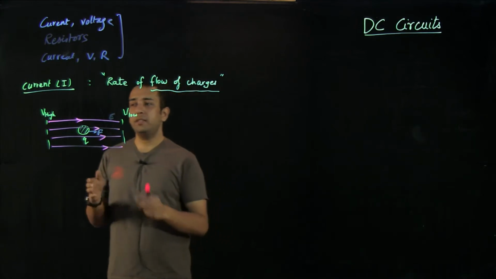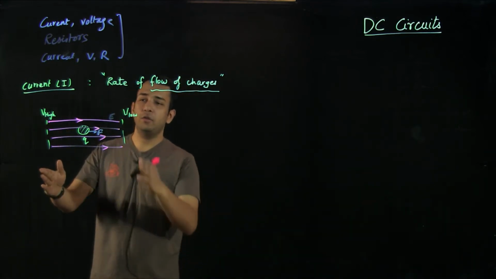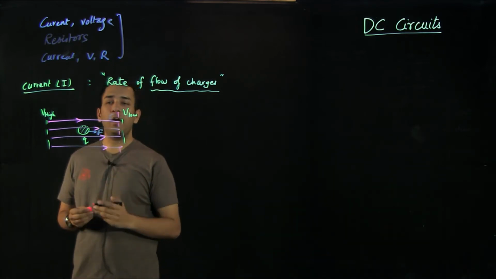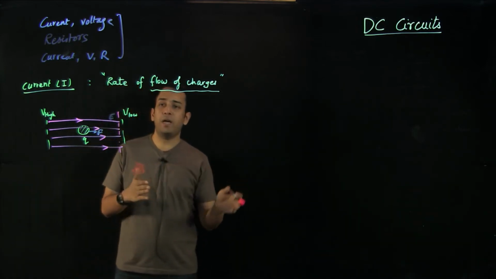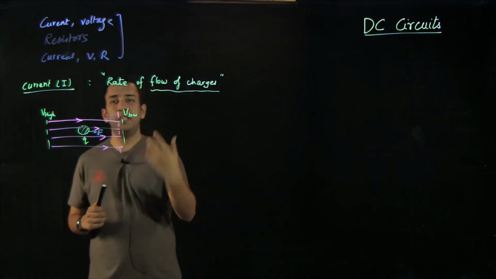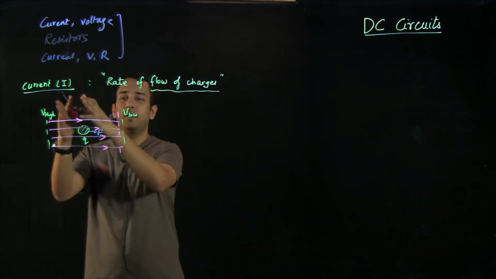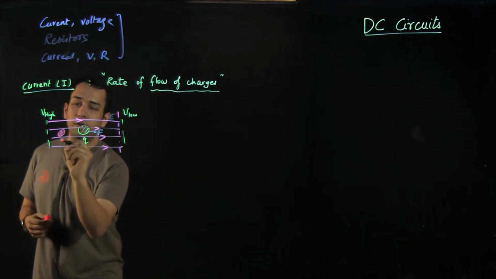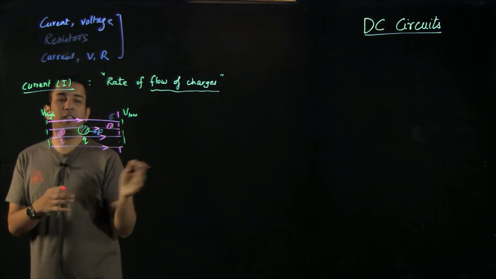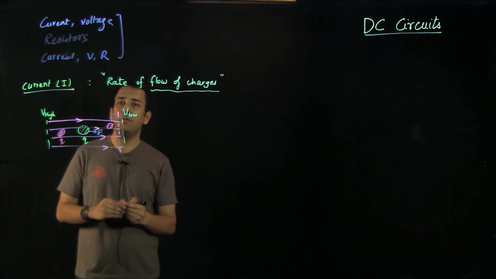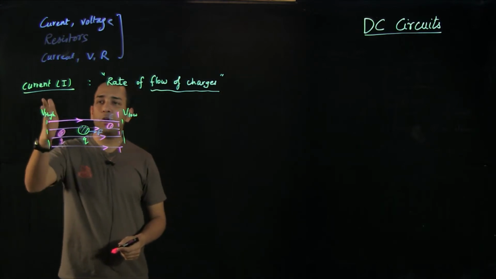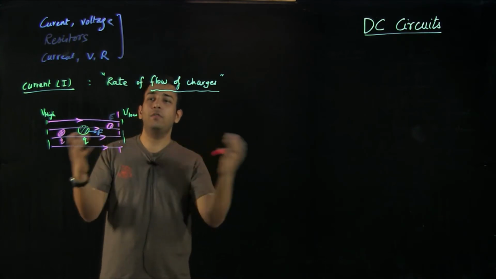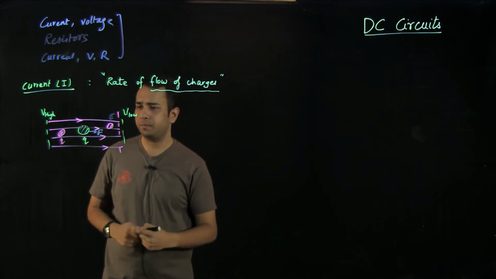This force will make this charge flow from the higher potential level to the lower potential, and thus if we are taking a cross section and we are monitoring the charge which is going past that cross section, we can say that with respect to time the flow of charge is defined as current. Similarly, if we have more charges like Q here, then all of these charges will experience a force and they'll try to move from the point of higher potential to the lower potential, and thus we can define the rate of flow of charges at a particular cross section.